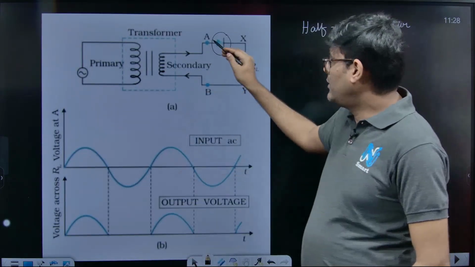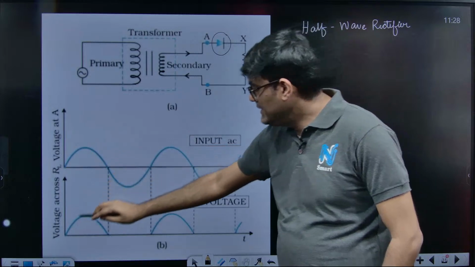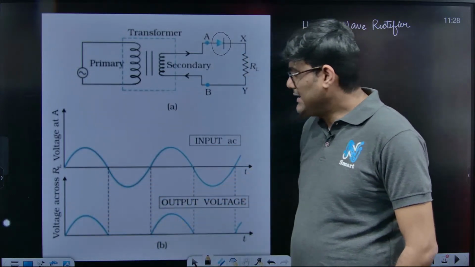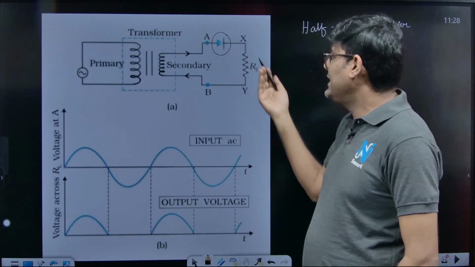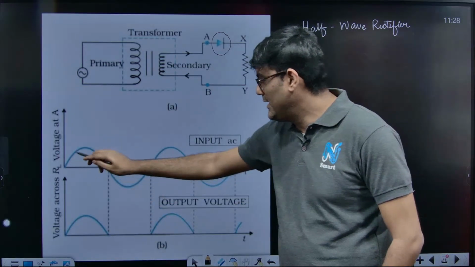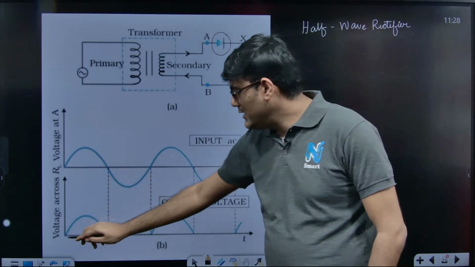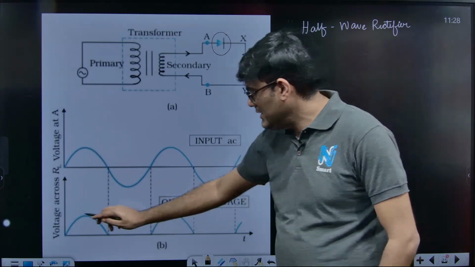When the diode is forward biased with this A, I can say that it will pass the current as it is without any resistance. So the current waveform after the diode application is the same thing. But